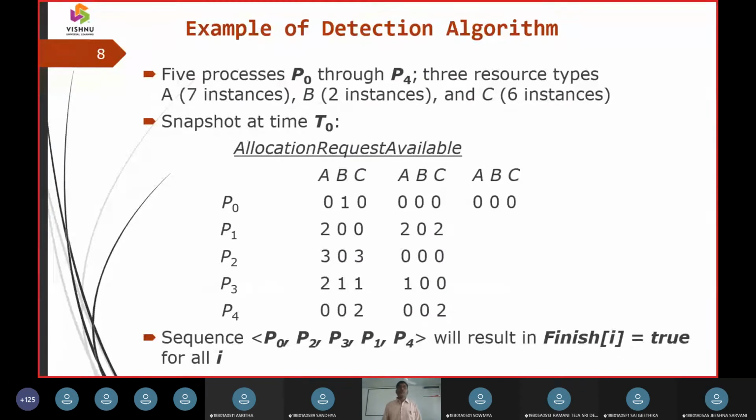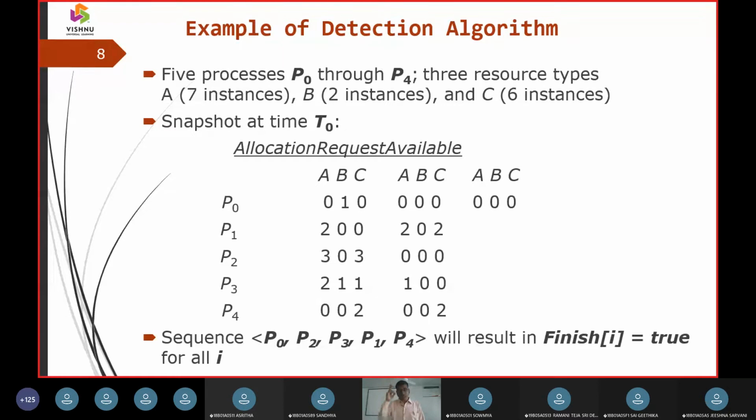Okay, fine. Now this is the third example. We talked about the 3-instance algorithm, where we take 10 instances of A, 5 instances of B, 7 instances of C. Yesterday we took 4 instances, A, B, C, D, and gave some values like 8, 10, 10, 14. Now let us look into a new example, where a deadlock is going to occur.